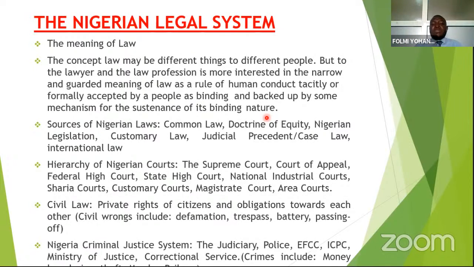So back then in England, the king would send out itinerant justices that would go to various communities for the purpose of administering justice. They would administer law based on the custom of the people of that particular locality. After they had administered justice based on the custom of the people, they would come back to the crown, that is the headquarters, to discuss those customs they encountered. They would look at the good ones and say, okay, this one is good, this one is good. By doing that, they brought all the laws together and it evolved to what is known as the